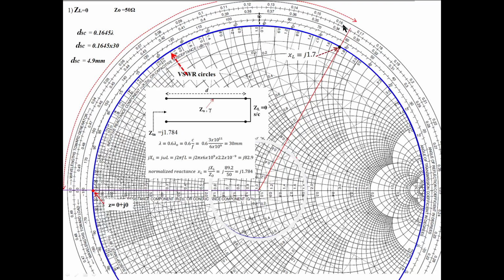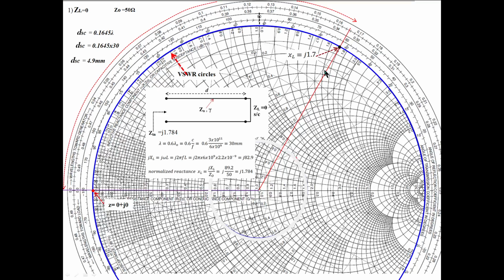See here, this is the wavelength scale. You stopped here. You now measure the distance from the load point to this. It is 0 here anyway. As you go on moving like this, the value is 0.16. Each division is 0.002, so 0.162, 0.164. This is a little bit behind that. What is that value here? It is 0.1645 lambda.